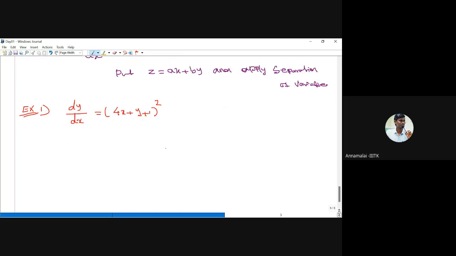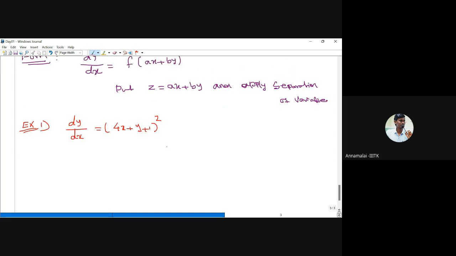Even if we expand this using the (a plus b plus c) whole square formula, it's very difficult to split the variables. So better we call the term 4x plus y plus 1 as z. So put